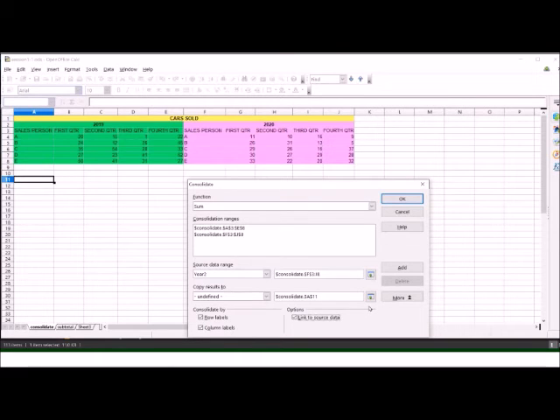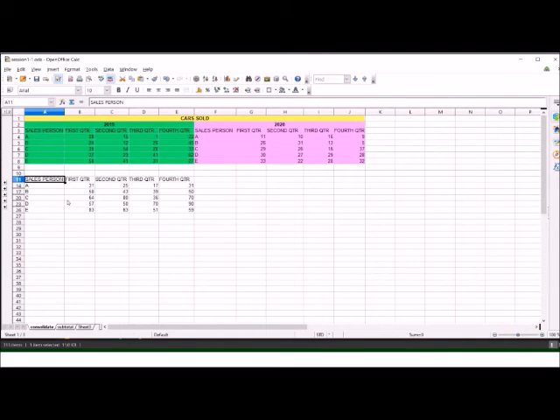After checking all these three options, we will click on OK, and we can see this output appearing, which is a consolidated output of these two ranges. As we can see, salesperson A sold 20 cars in 2019 in first quarter and 11 cars in 2020 in first quarter. So the total of first quarters of 2019 and 2020 is 31, which is appearing here.